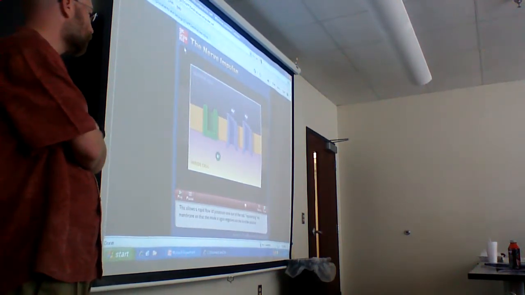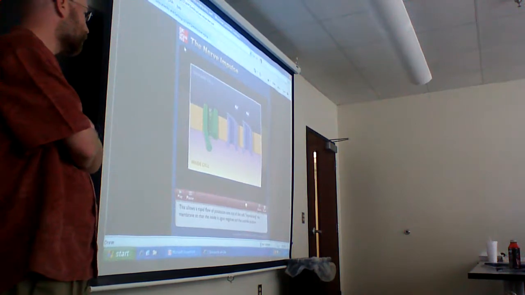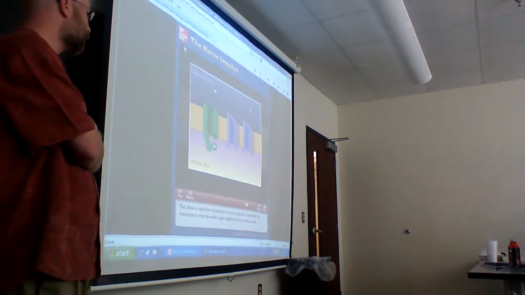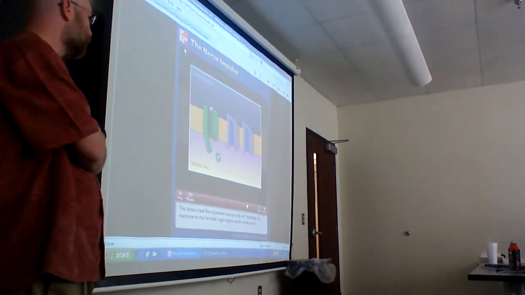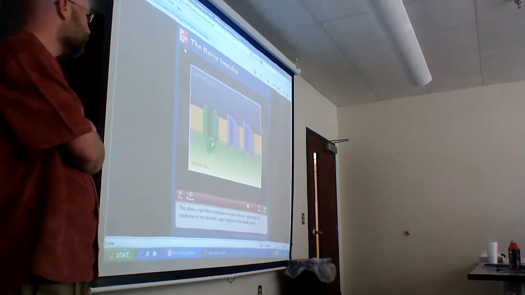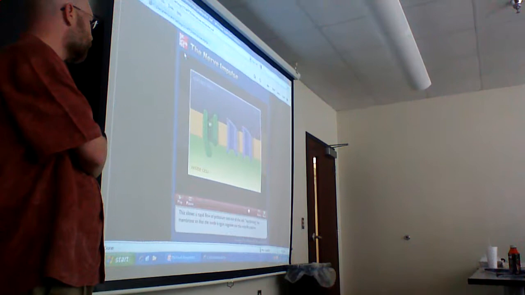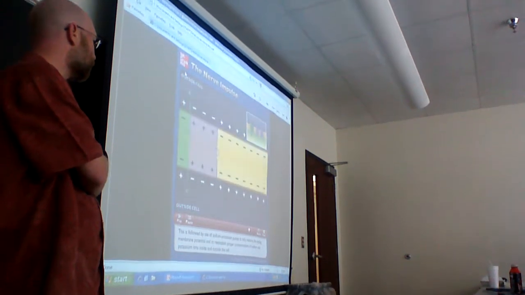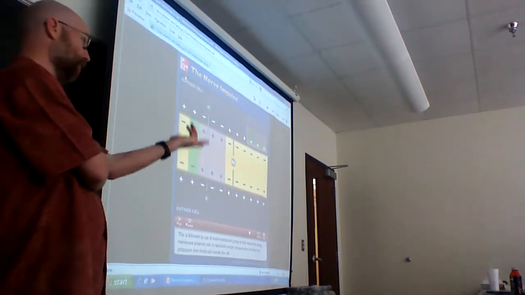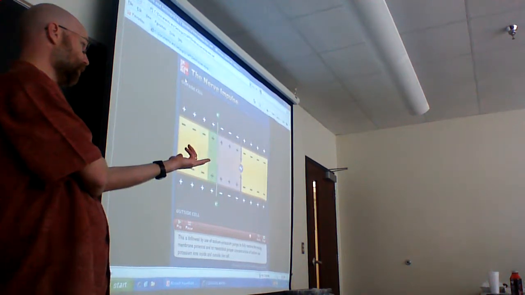This allows a rapid flow of potassium ions out of the cell, repolarizing the membrane so that the inside is again negative and the outside positive. This is followed by use of sodium-potassium pumps to fully restore the resting membrane potential,